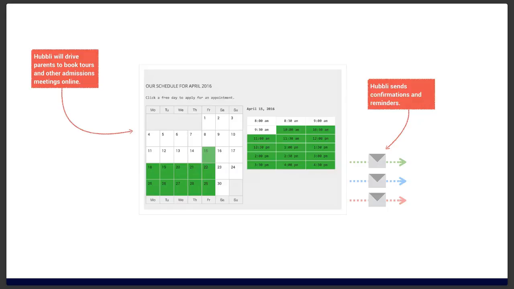And when a system is reminding everybody when to show up, you find that people show up more. Or when it gives them the option to cancel with one click, they don't forget to email you or call you to cancel. They click it, and then you're notified, and your schedule frees up, etc. So there's so many efficiencies that can be built in with a good marketing automation system like Hubbli, so that you're not